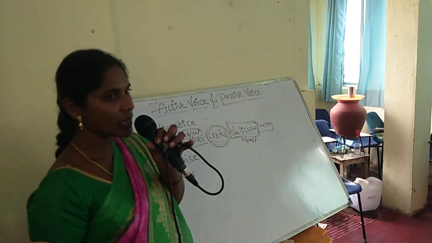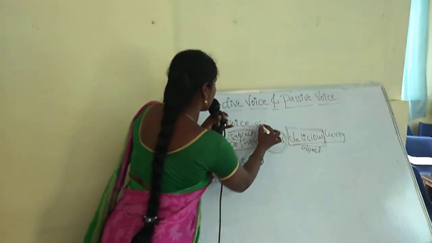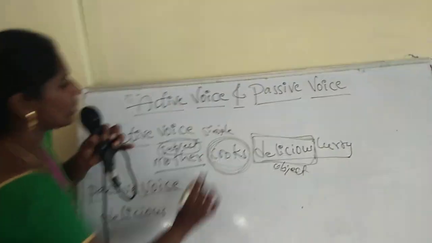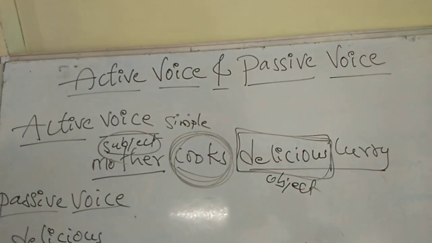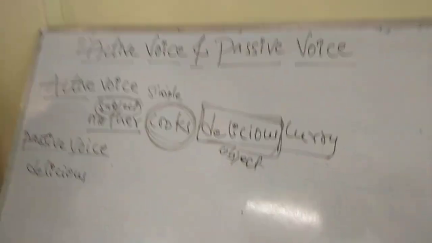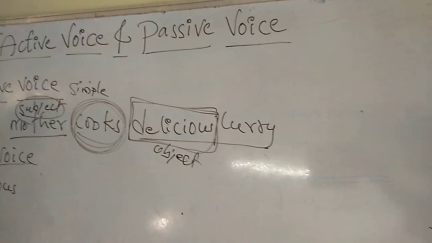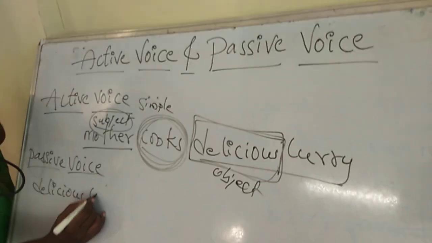In which tense? Yes, it is a simple present. So we have to translate this also into the simple present only. So you should not use past. Okay. Delicious food or delicious curry